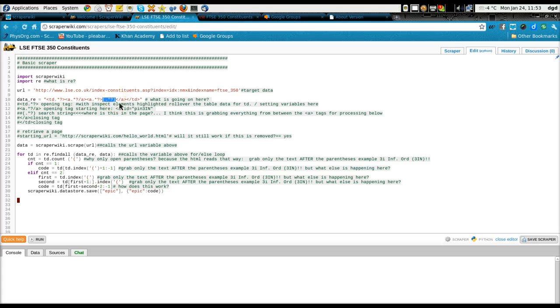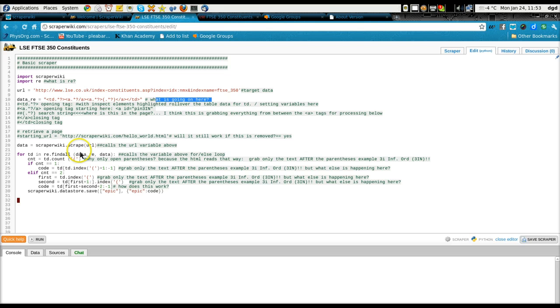That might be specific. But I do know that this search string, I suspect this search string pulls down everything between the A tags,